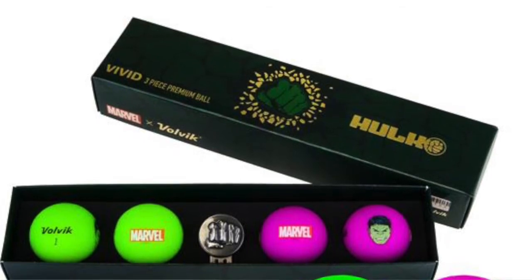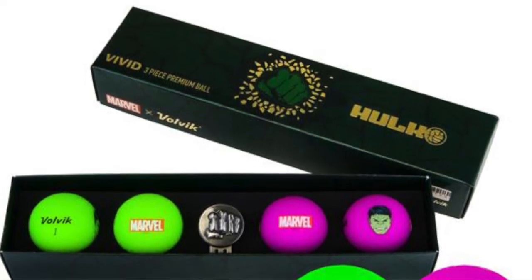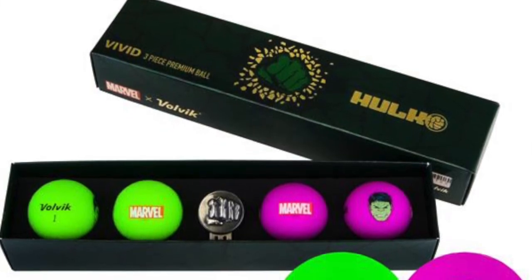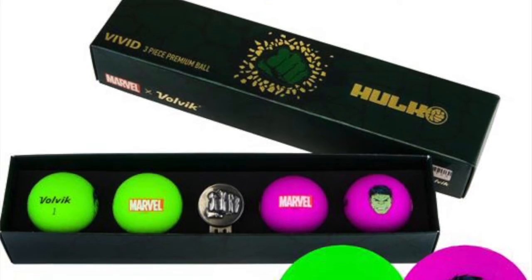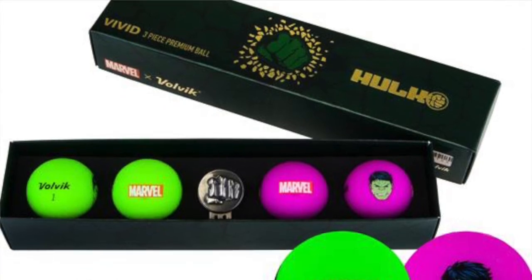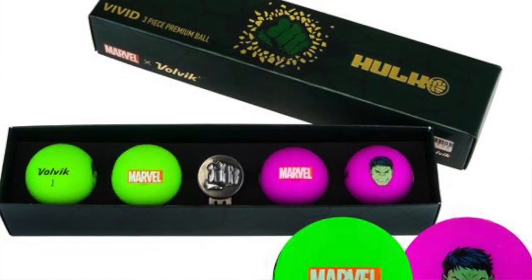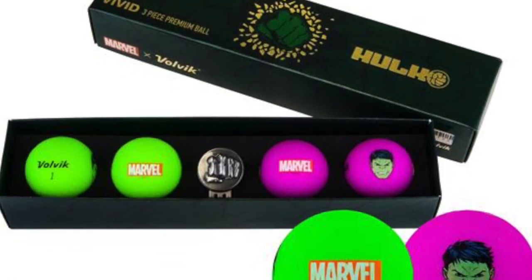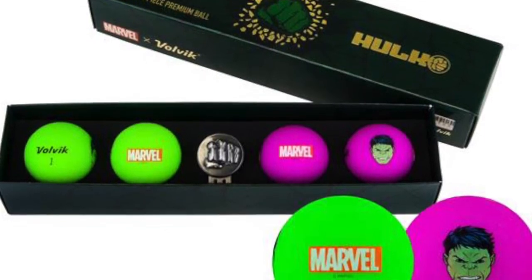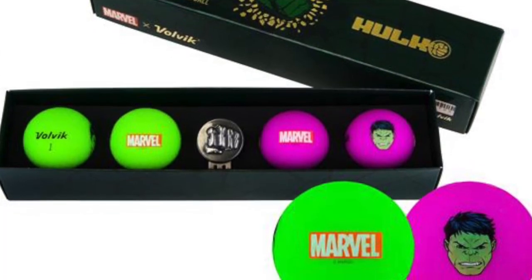And one of the things that we picked up from a lot of golf professionals that we've sold these products to, a lot of the golf professionals use this in their junior camps as a reward for a job well done, or executing different techniques or etiquette or whatever it might be. And so they've been purchasing and then using our different Marvel gift packs as that reward element for their junior camps. But one of the things that came through loud and clear to us is that the girls didn't have a character that they could associate with. And so consequently, now that we've launched Black Widow, all those girls out there have that opportunity, and we're delighted